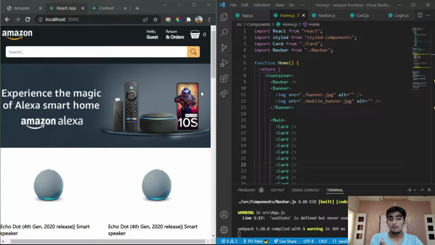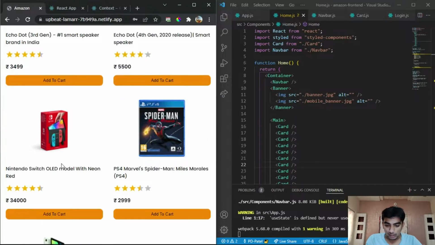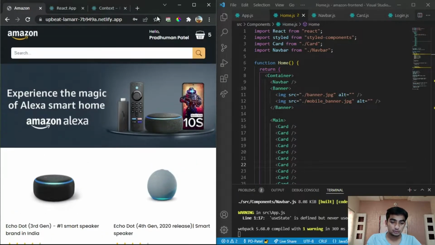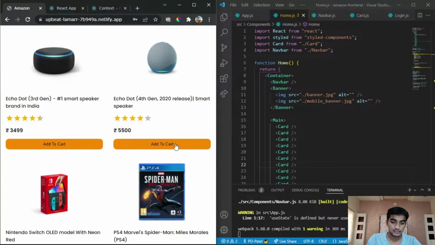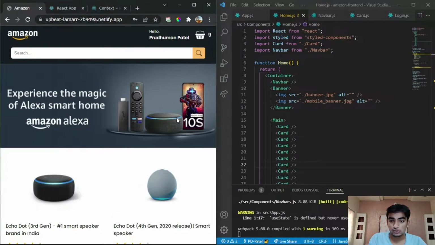Now we are going to build an add to basket functionality. Whenever we click on this add to cart, you can see the basket count change. So now we have to work on it. For that, here we are going to use